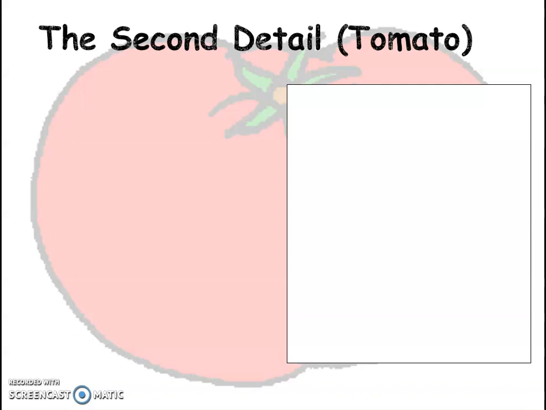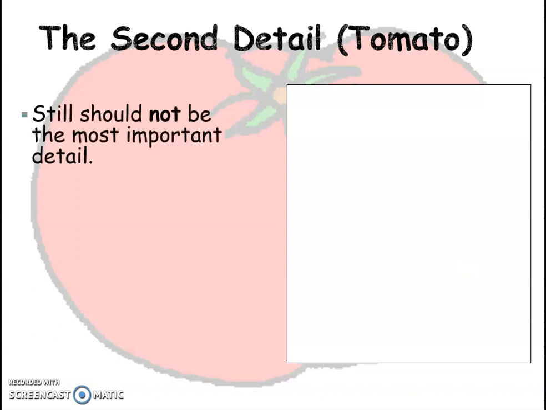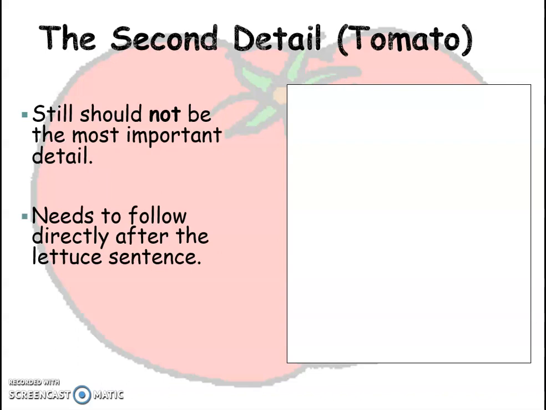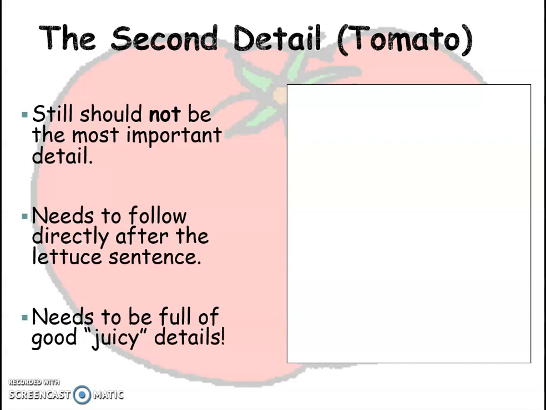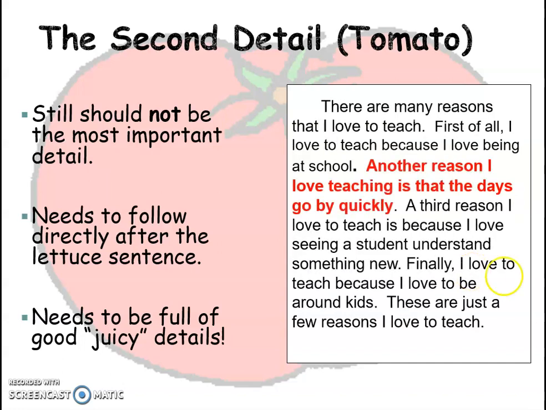The second detail in the hamburger is represented by tomato. And it still should not be the most important detail. It needs to follow directly after the lettuce sentence or after the first supporting idea. It needs to be full of good, juicy details. And again, we return to our paragraph, and you can see the topic sentence. This one is the first supporting idea, and this one, which is in red, is the second detail or the second supporting sentence. Another reason I love teaching is that the days go by